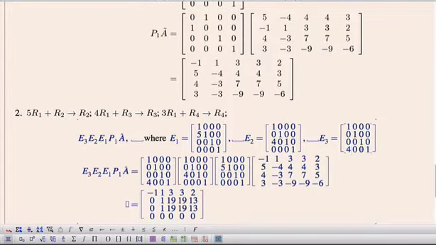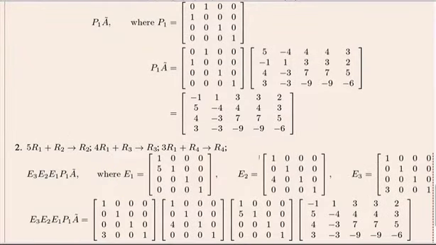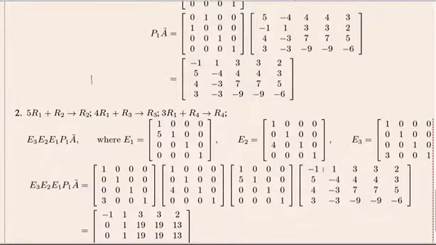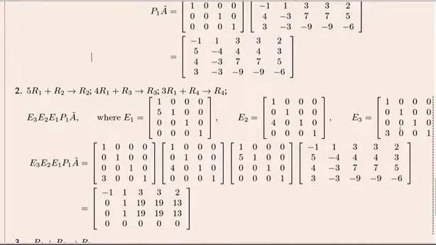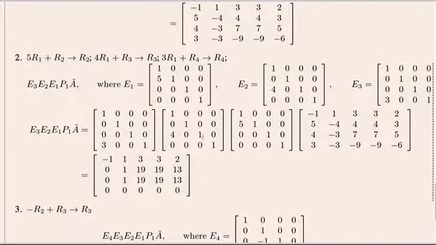So that's a mistake. 3 times row 1 to row 4. So this would be consecutive multiplications with these addition matrices, but the result is just the same as saying that